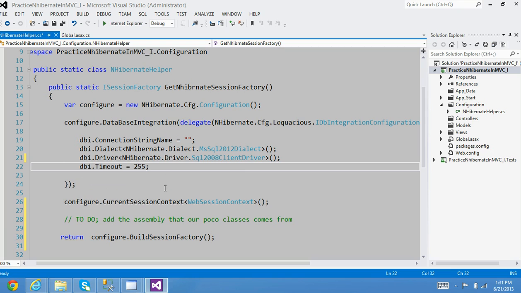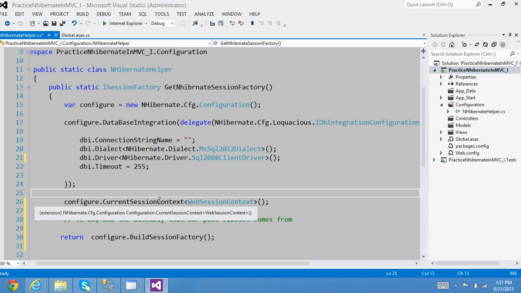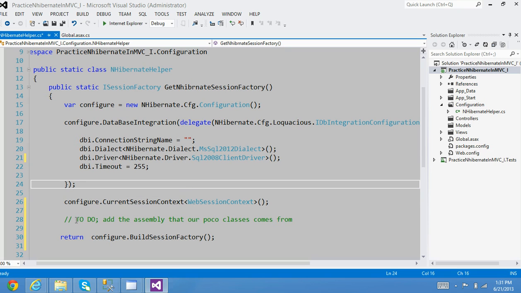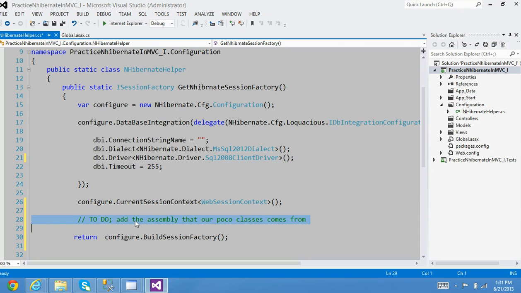And the most important thing you have to do is this setting right here on line number 26. I say the current session context is going to be the web session context. So basically, the session is per web request, basically per HTTP context request. And this line number 28, this is where I need to tell